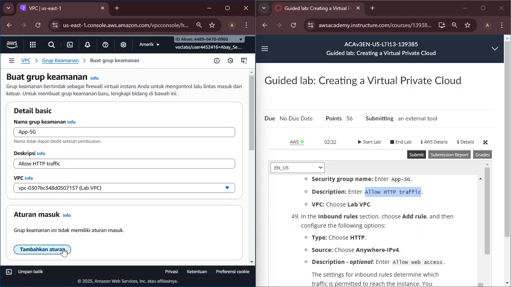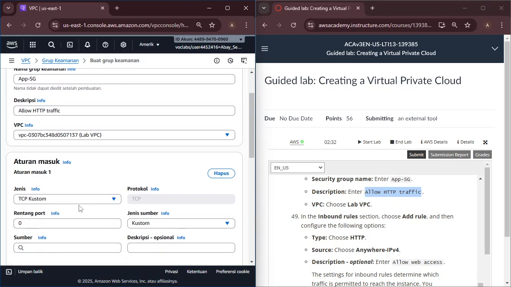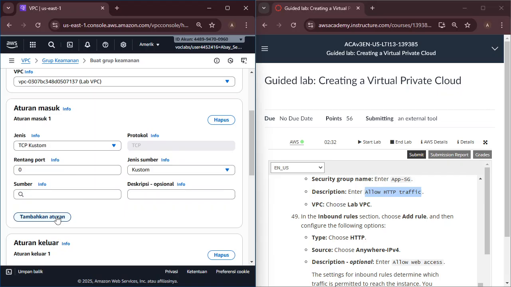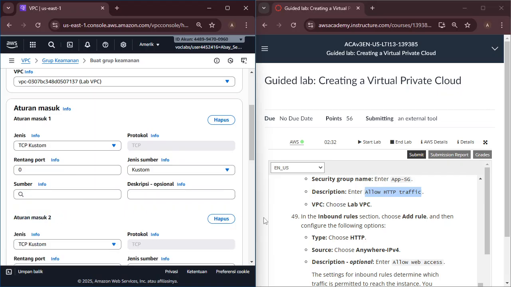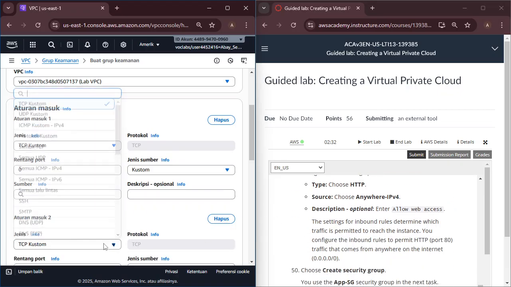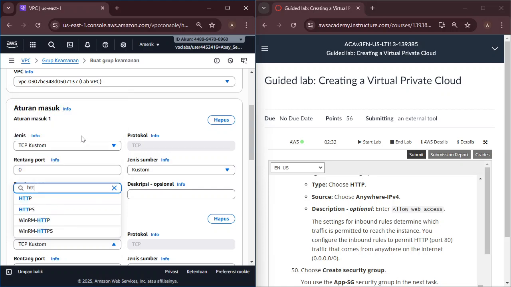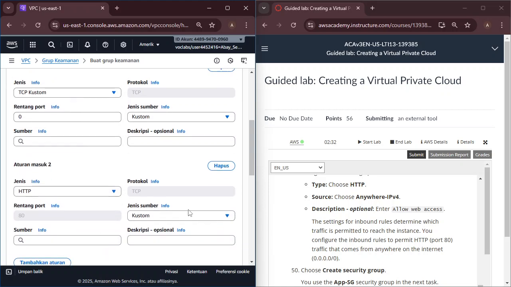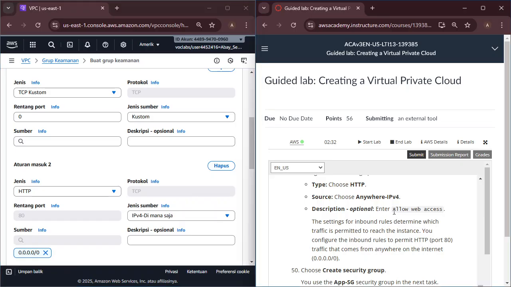In the inbound rules, add a rule and choose HTTP. Source anywhere IP, port, description allow.